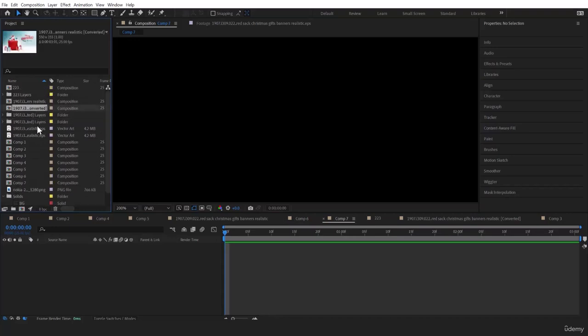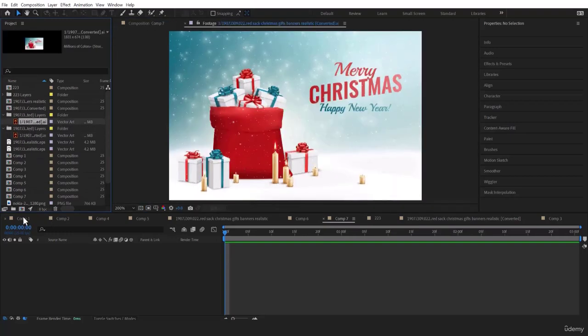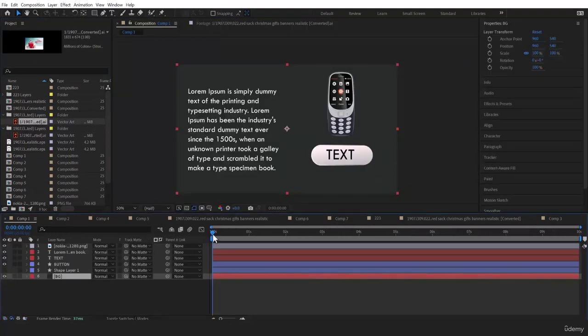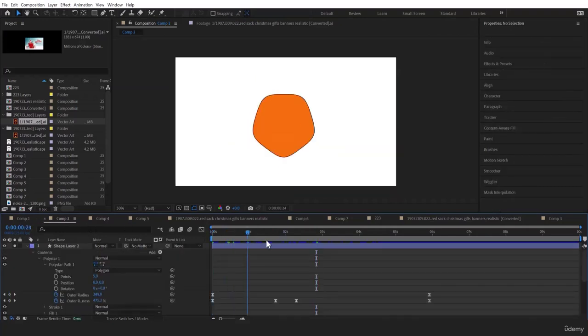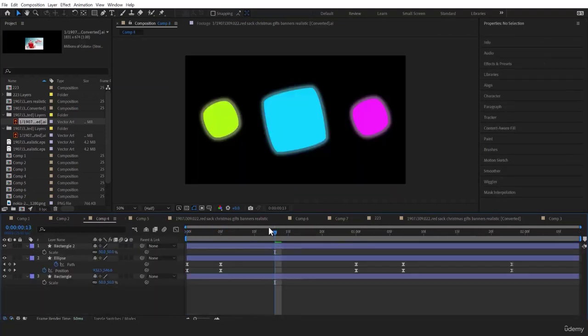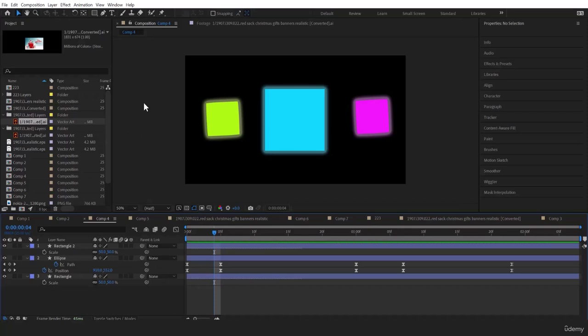Now say for example while you are working on different compositions like this, like this. Now if you want to open it in any other system or any other machine, as these files are interlinked, it would again ask for location. If you just move the files, it would make the file missing, as we have already seen that.